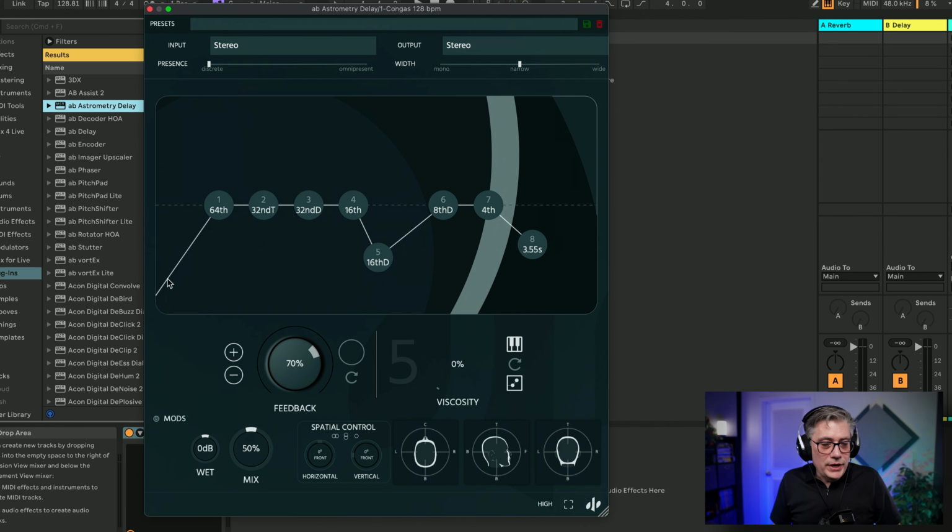Now, the way this has to be read is that these tabs are currently in sequence. So essentially they're coming one after the other, meaning that if tab number 2, for example, says that this is a 32nd triplet, this means that it's coming a 32nd triplet timing after the first tap. So this connection indicates that the measurement here is after the first tap.